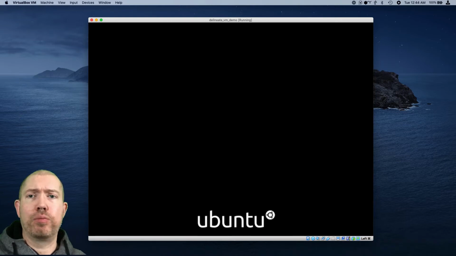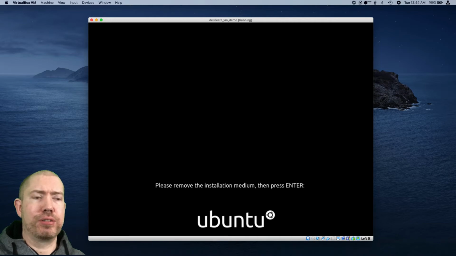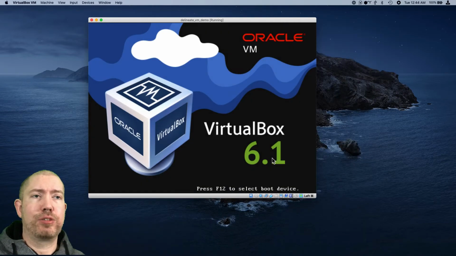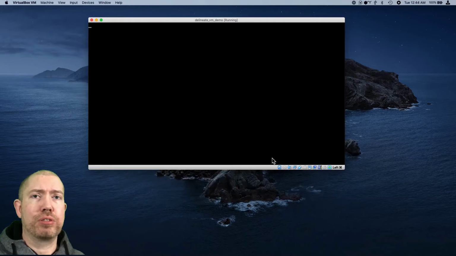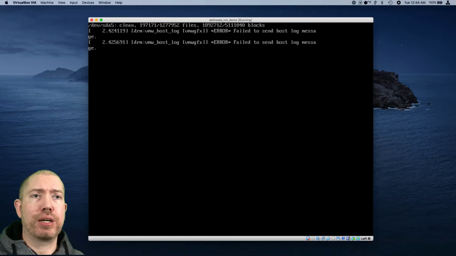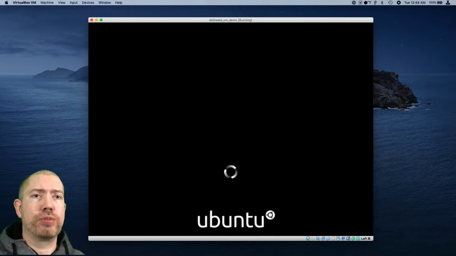So we'll do that. Hopefully I can get rid of some of the noise. This is really making the fans spin up on my laptop here, so hopefully that won't come across too much in the audio recording. Okay, so we're just rebooting our virtual Ubuntu machine,